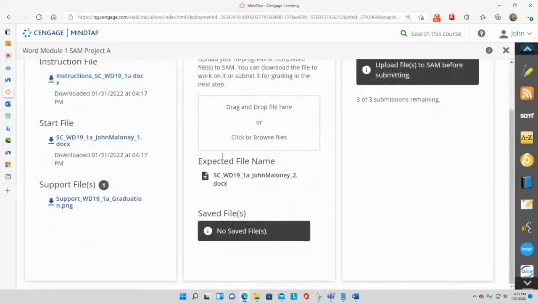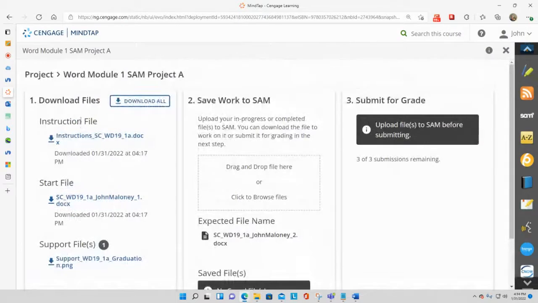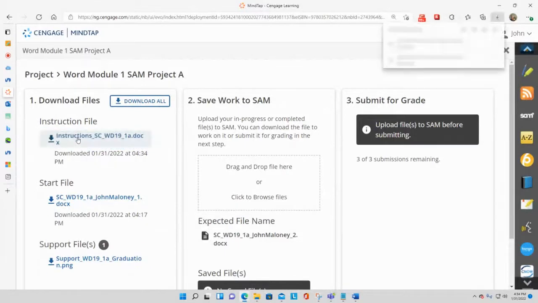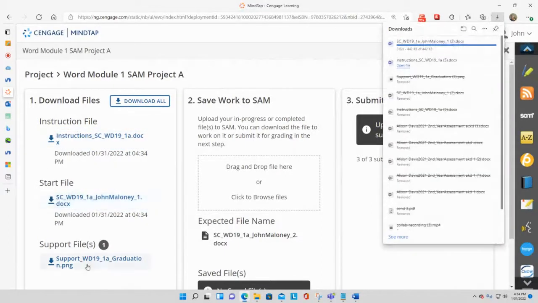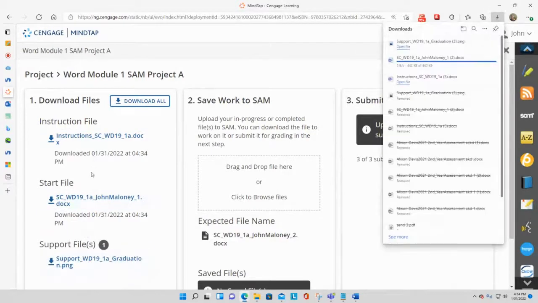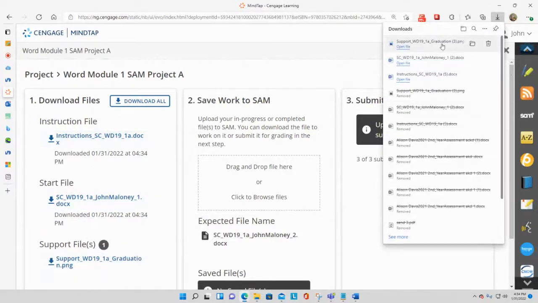So you have to download 3 files, an instruction file, a start file, and then a support file. Okay, so I'm going to click to download each one of these. So download, and then download, and then download. Okay, so in a minute, I'm going to fix these things and put them where I want to put them. All right, but then you're going to save the work to SAM, and then we're going to upload the file, and I'm going to do all this in the next